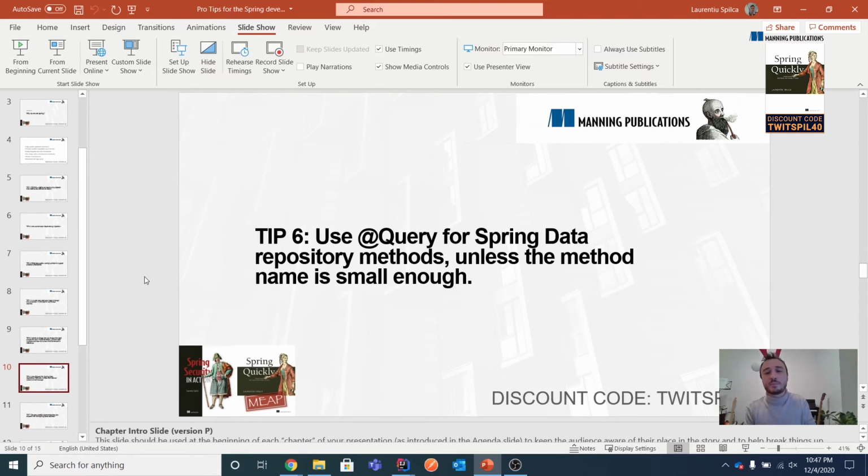For the Spring Data repository methods, use @Query. If you've ever used Spring Data, you know that in Spring Data you can actually write only the method and access some specific field, just let Spring write the query for you, which is great. And for everyone seeing that for the first time, if you read Spring Start Here quickly, you will see that as well, explained in chapter 10 probably, which I didn't write yet at this time, but I will soon write it. And you will see that in Spring Data